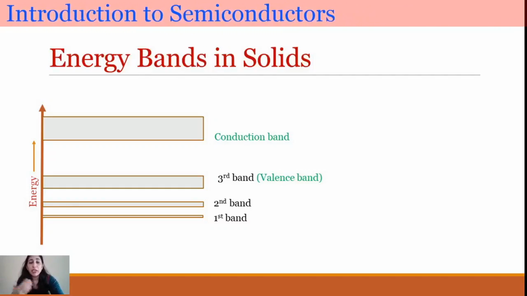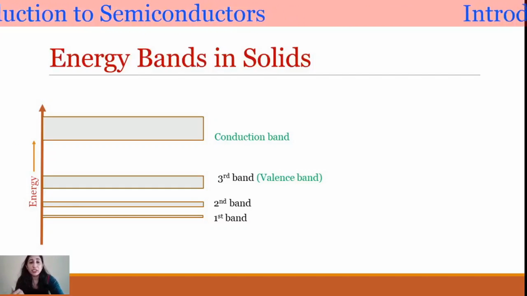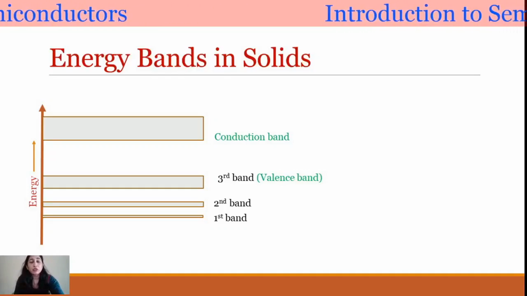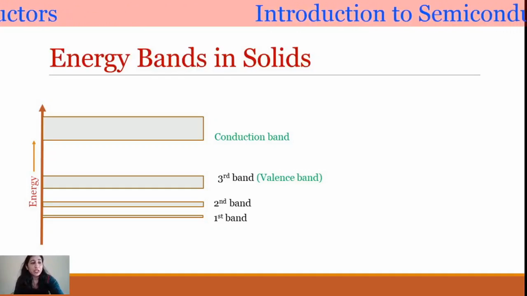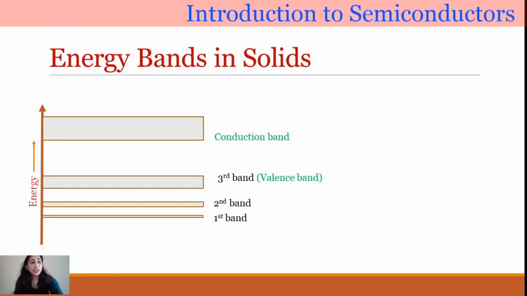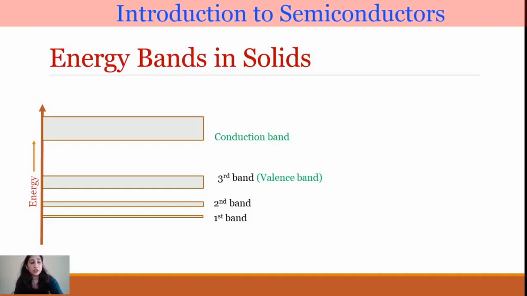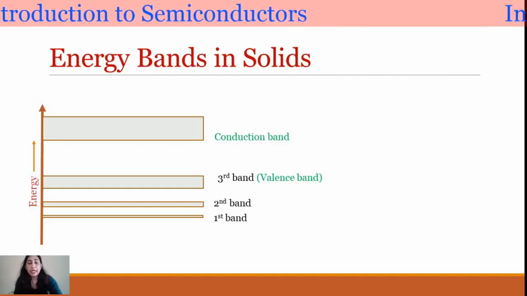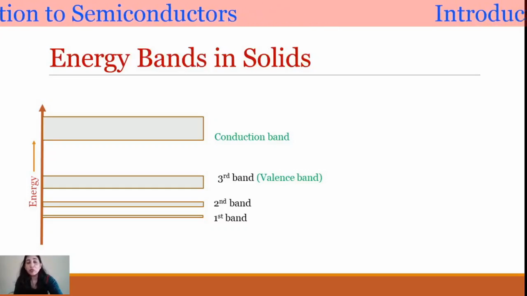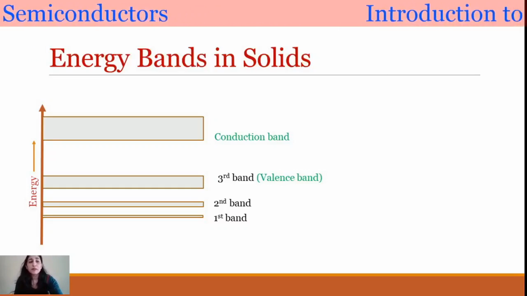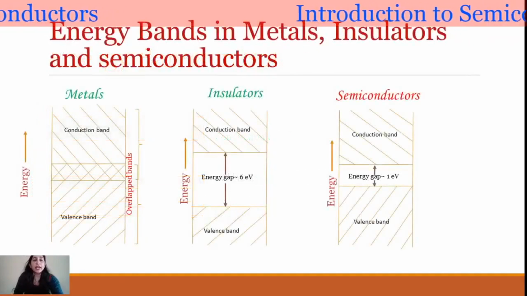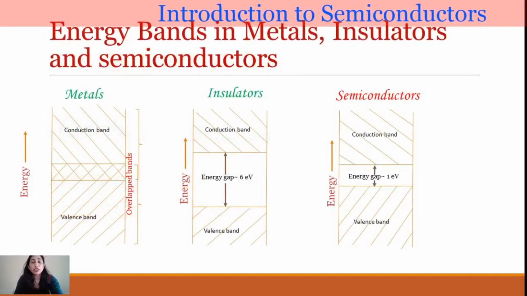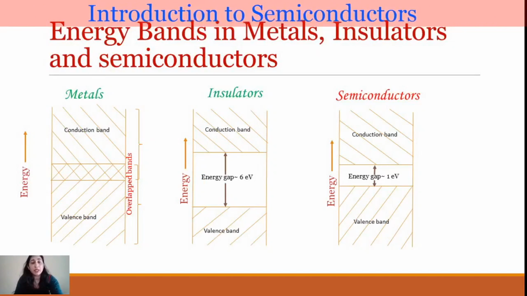And for this jump, we have to provide the extra energy required by the electrons lying in the valence band to reach the conduction band. This energy can be supplied in whatever mode is feasible according to the situation. Now, by this time, it is clear to you students that by supplying the extra energy, we convert valence electrons into conduction electrons. At this stage, I think I should tell you the energy band situation in metals, insulators, and semiconductors.